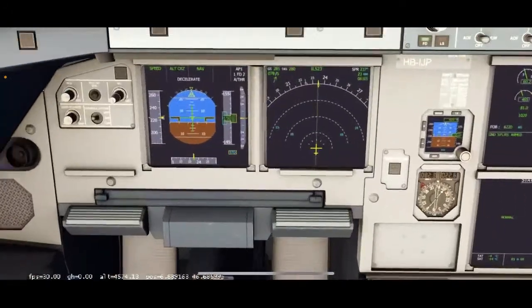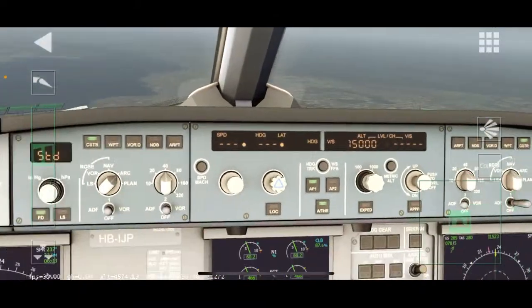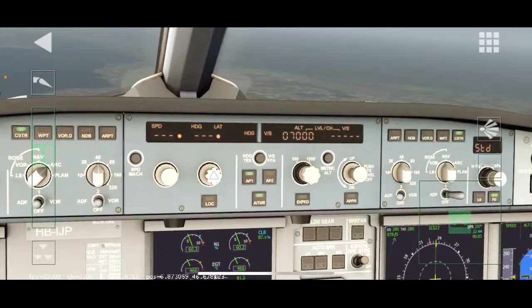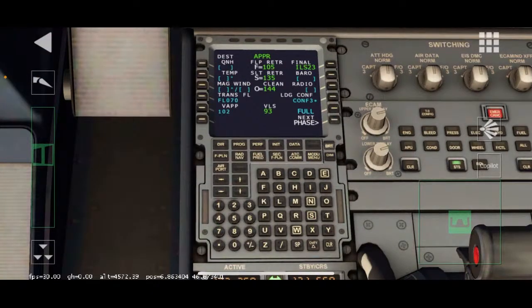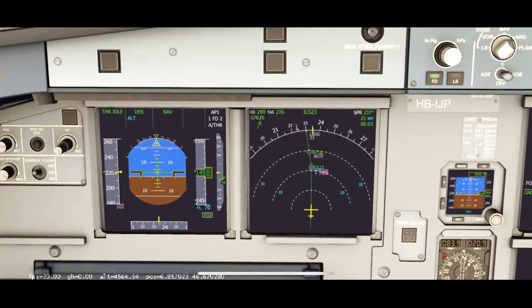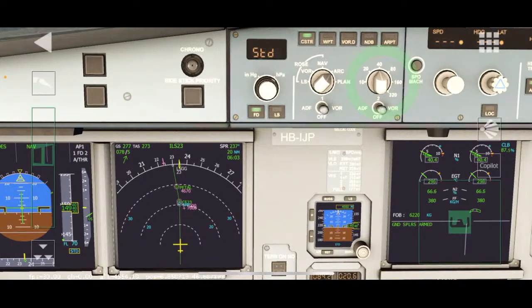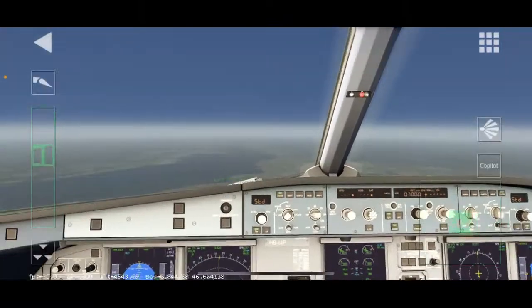Oh, shoot. Let me pay attention here. Did I miss the... Oh, crap. I missed the arrow. 7,000. Push it in, and activate the purchase. Boom. Confirm. Awesome! I was like, did I miss that? Yes, I did. This is going to be a high kind of descent, but it's okay.